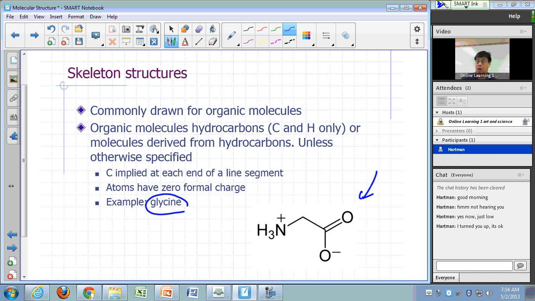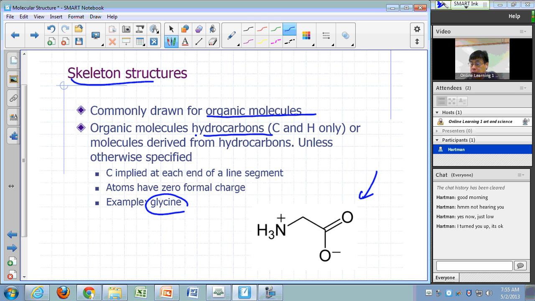So skeleton structure is commonly drawn for organic molecules. We said organic molecules are molecules made up of primarily carbon and hydrogen and a few other nonmetals like oxygen and nitrogen. It's mostly carbon and hydrogen. So these are hydrocarbons, molecules made up of carbon and hydrogen only, or molecules that you can think of as being derived from hydrocarbons. So when you draw these skeleton structures,